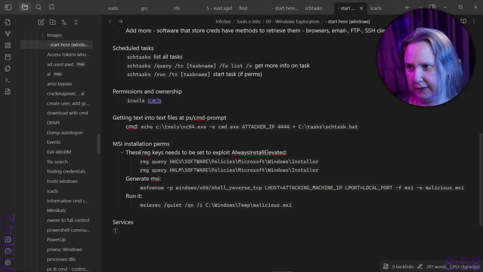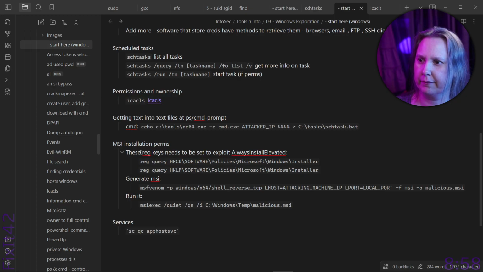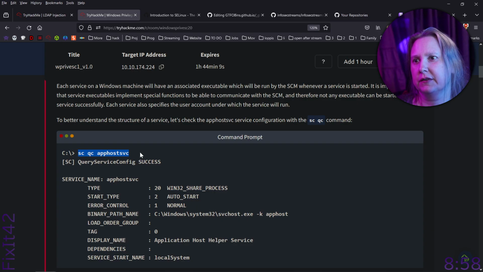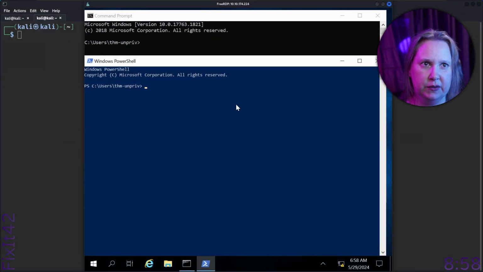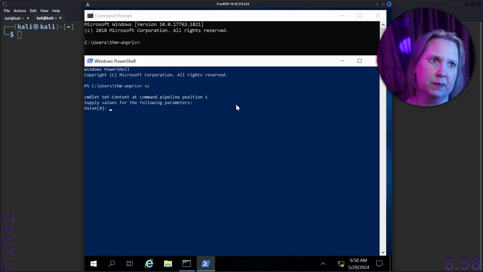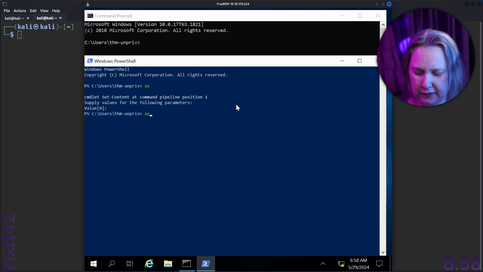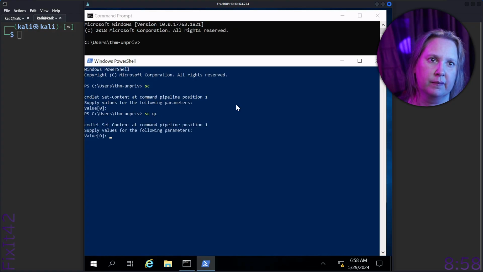Alright, so let's see here first. Service configuration with sc qc, and now I at once want to try this. So if we just do sc here, what happens? Okay, supply values. So sc qc will also want more, so that's not a command in itself. So sc,